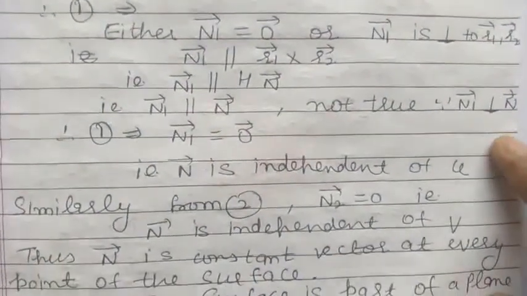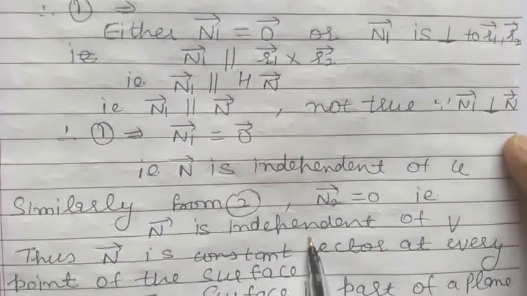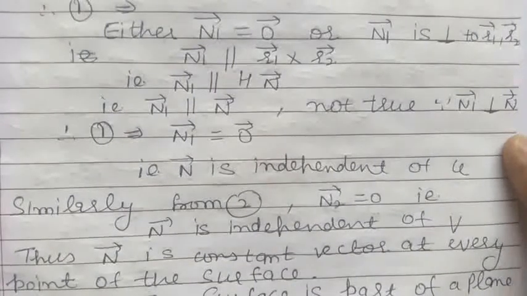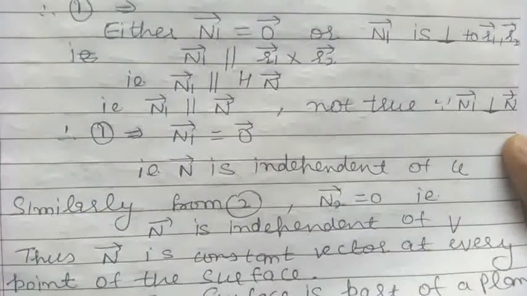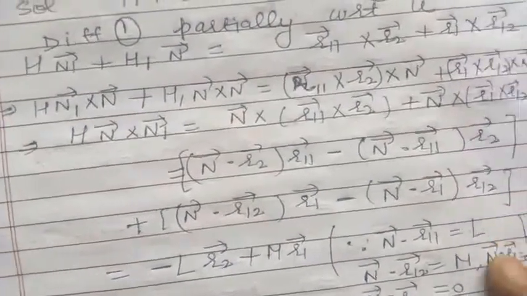Thus, we have proved that vector n is independent of the parameter u as well as the parameter v. It means vector n is a constant vector at every point of the surface. So, we can say that the surface is a part of a plane. Now, let us discuss one more example based on these results. The next problem is